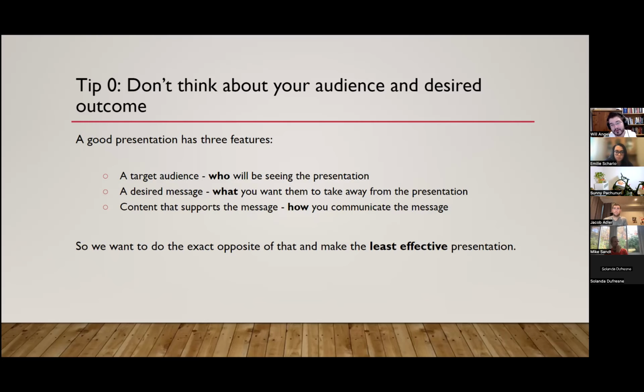Though I will also say it can sometimes be an iterative process where you start with a written document and then start making slides, and the process of creating your slides and presentation can actually become a process of thinking out what you really want to say and how to effectively communicate that. So there's definitely a lot of iteration, but starting with an outline can be very helpful.